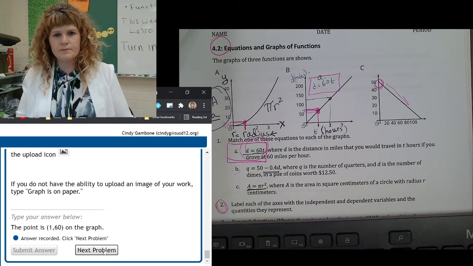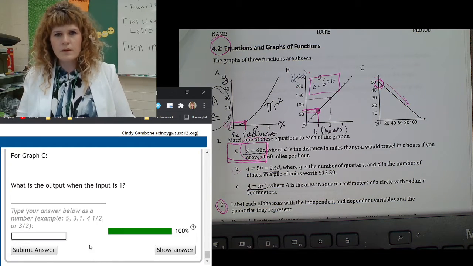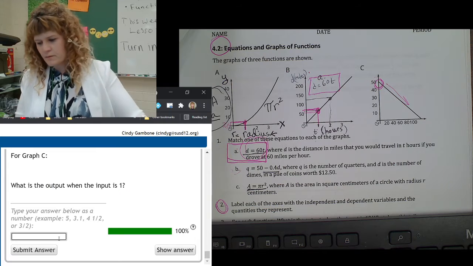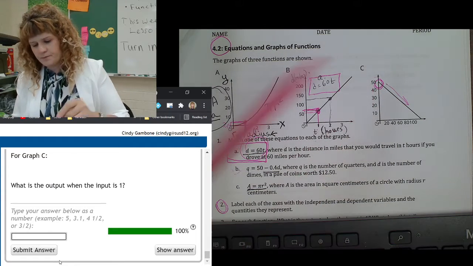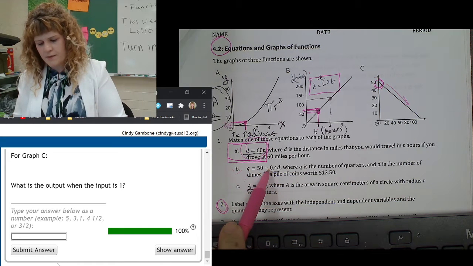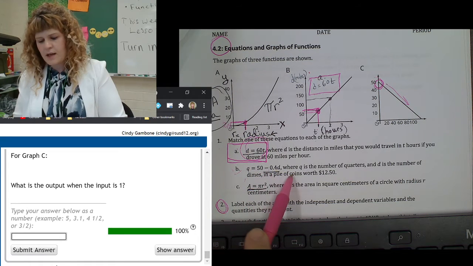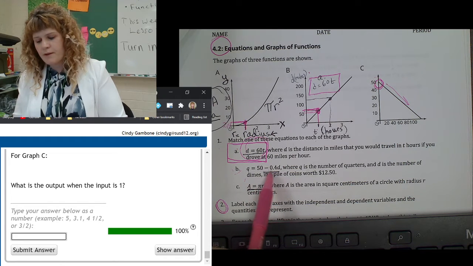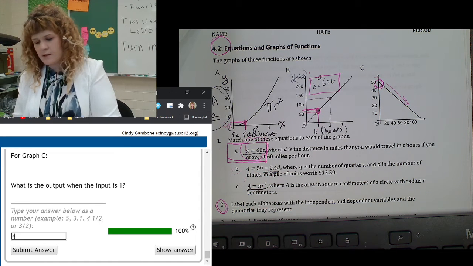Next problem. For graph C, what is the output when the input equals 1? Okay, for graph C, Q equals 50 minus 0.4D. If the input is 1, then that's 0.4 times 1. 50 minus 0.4 times 1 is